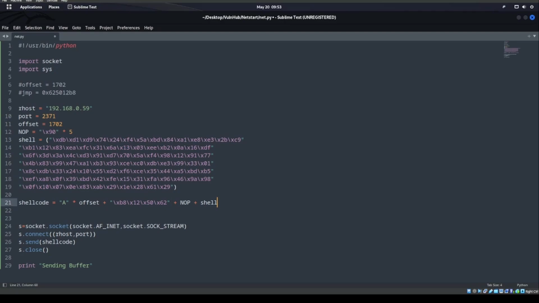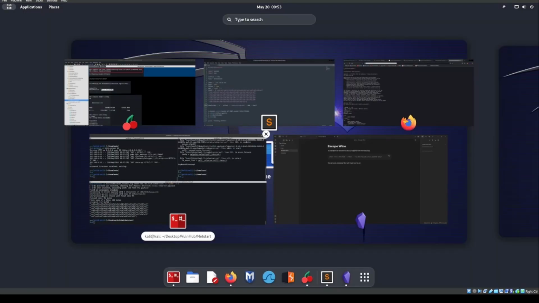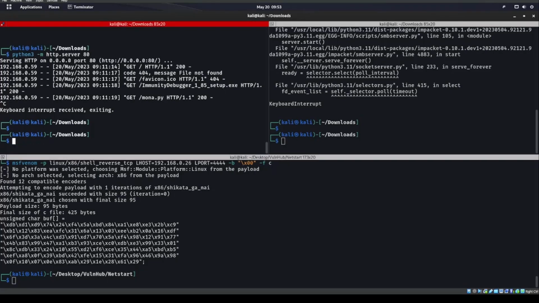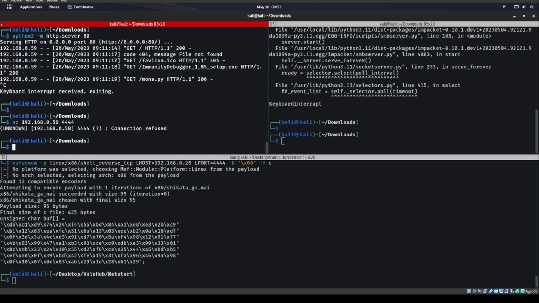And we should technically get a callback on port 4444, if I didn't already shut down the box, because remember I said a bunch of stuff at the beginning. So if I didn't accidentally break it already, then we should actually get